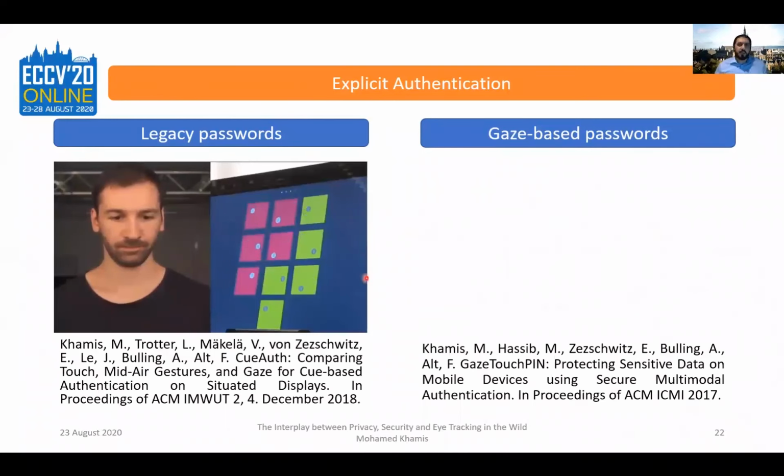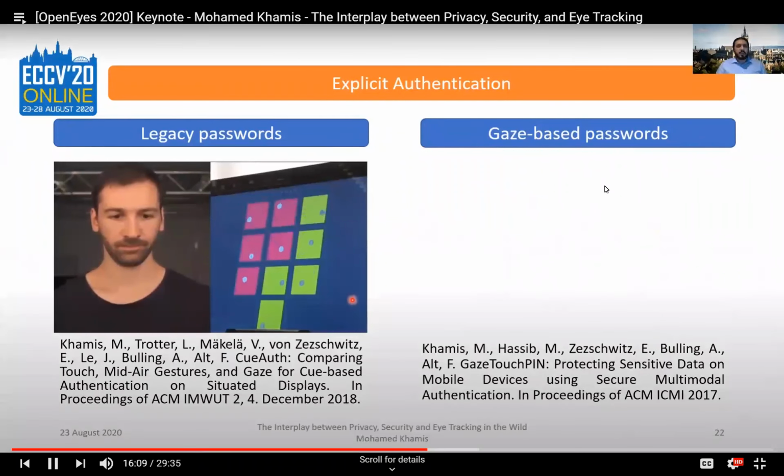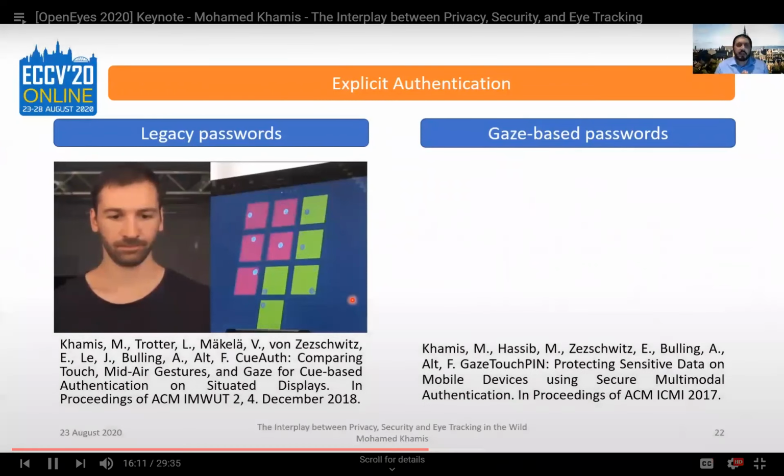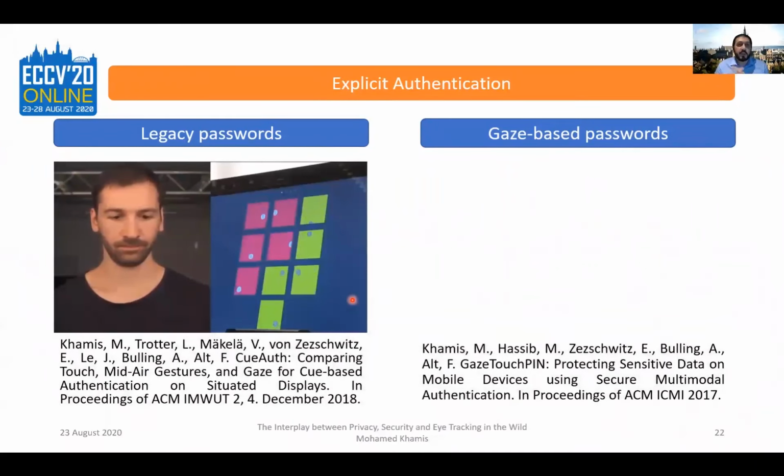So the advantage of this concept, and of any gaze-based authentication system that uses legacy passwords, not just this system, this is just an example, is that it's very easy to integrate into existing backends. So for example, let's say you have an ATM and you want to allow people to enter their PINs using eye gaze, which would be a very good idea nowadays, actually, with the COVID-19 situation, because you don't want to touch the screen that has been touched by dozens of people before you.